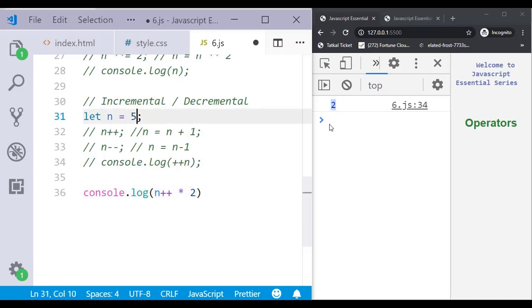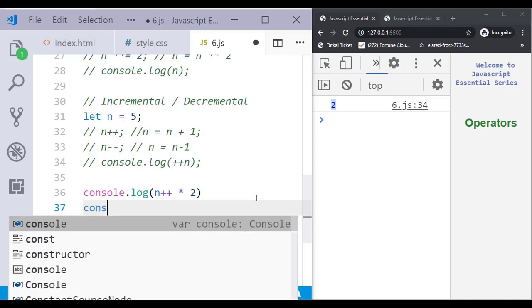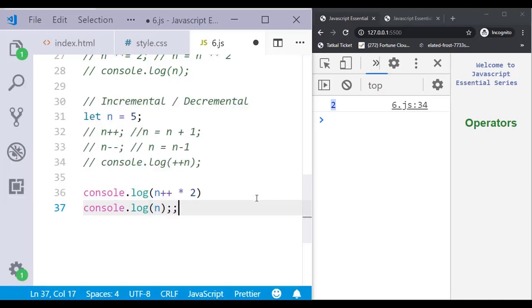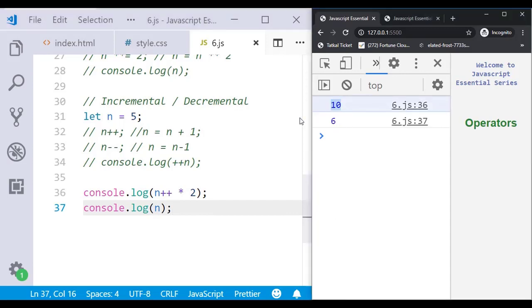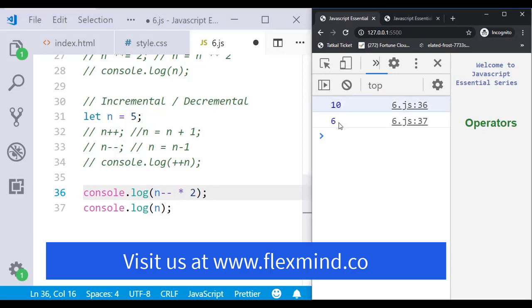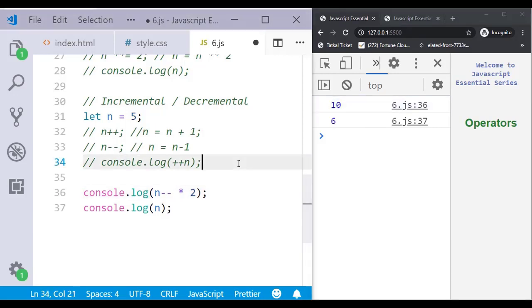So 5 into 2 should be 10, but the n value will get changed in the next line. If I do save here, I should get 10, and now the n value has been changed to 6. Same is applicable for minus minus also. If you do minus minus here, again it will give the 10 result only, but this value will get changed to 4. So 10 only and 4.